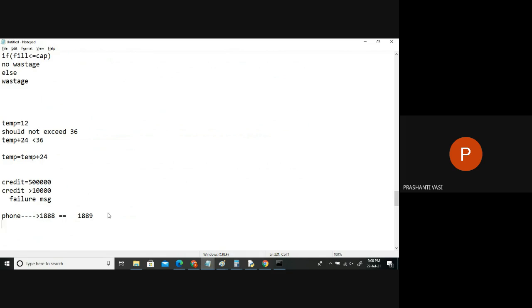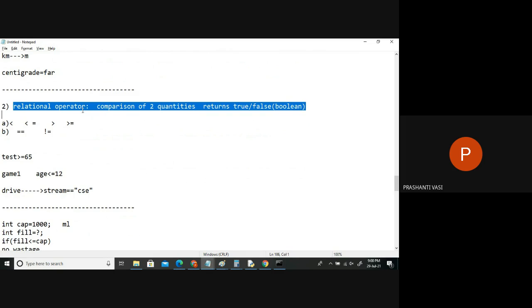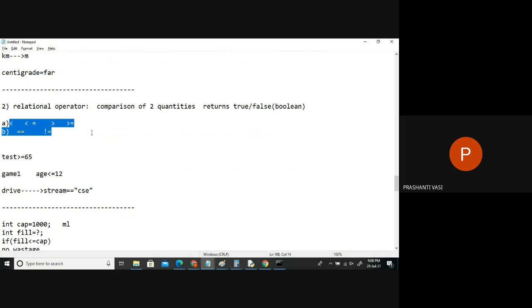See, a simple thing is your TV remote also. If you have a volume concept, can you keep on pressing the plus, that up button? Can you keep on increasing the volume any number of times you like? No, ma'am. Once it reaches 30, does that up arrow button function or will it stop? It will stop. So that means we can increase as long as the volume is less than 30. Then only the increment will take place. So in real time, we have a lot of scenarios where we are going to use these relational operators.